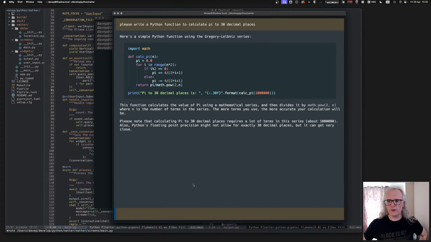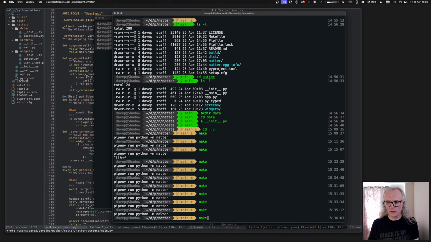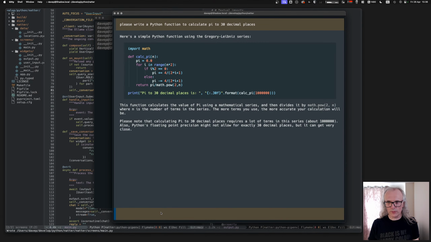I'm not even paying any attention to if any of this code is correct. I'm not even sure it's actually answered the question I asked it, because I asked it to write a function to calculate pi at 30 decimal places, but it's actually using the format in there. Right, so if I then Control C out, come back in, should be back, which is cool, and then I want to go